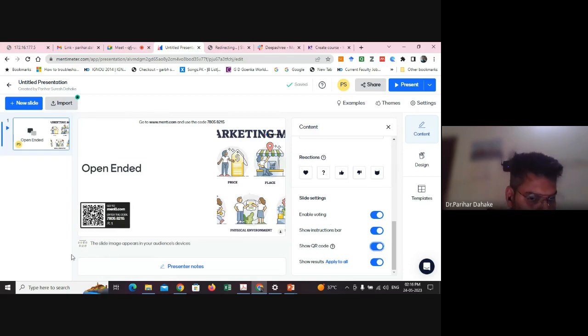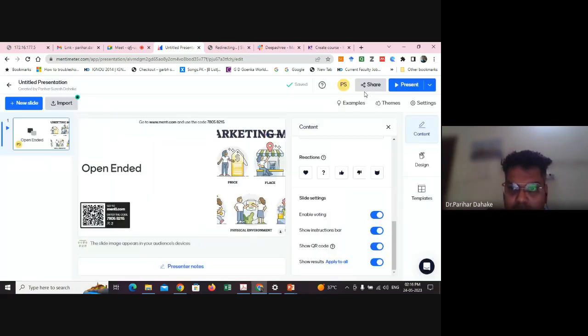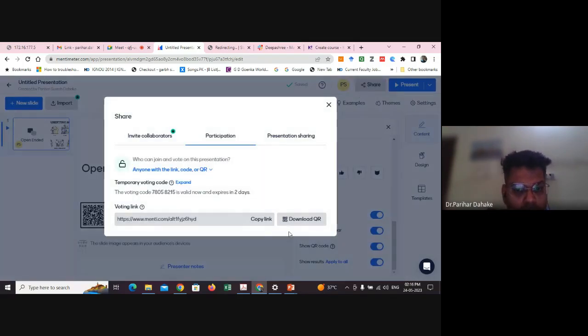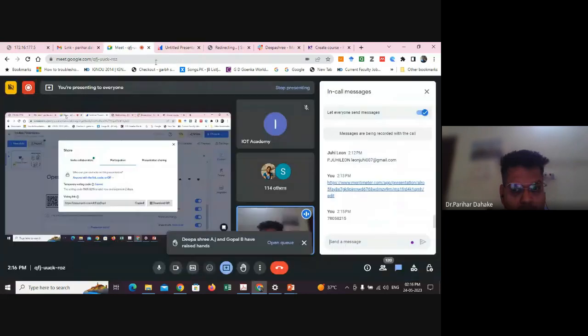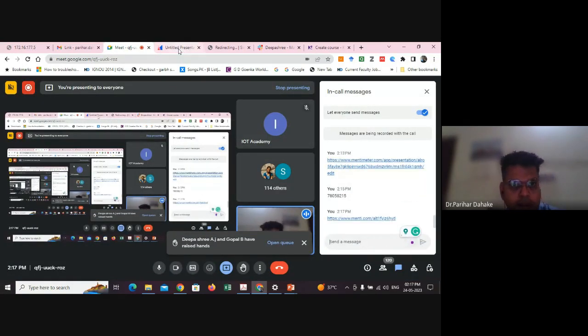Now, there is one QR code, and you can share that QR code with your students. So after clicking on the share option over here, two options will be available for you. Either you can copy the link and share it with your students. Okay.